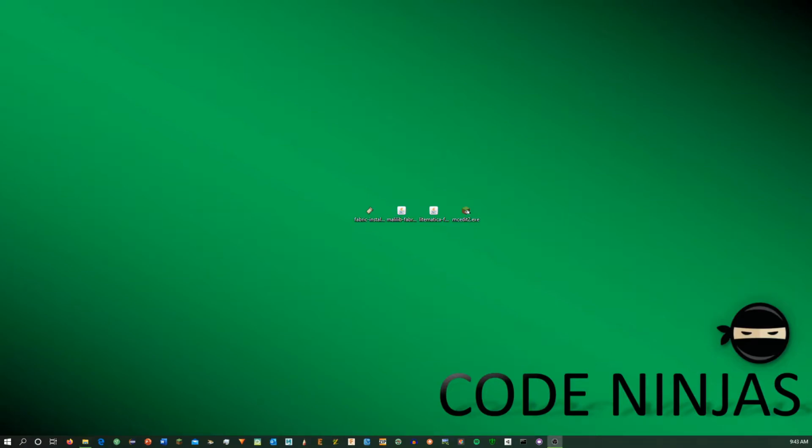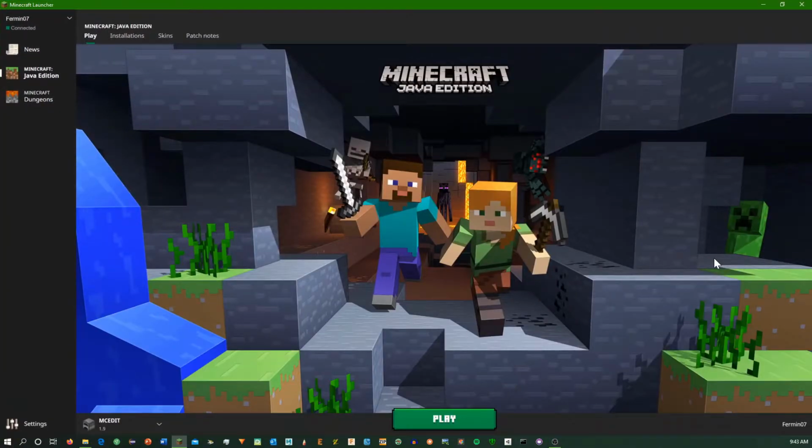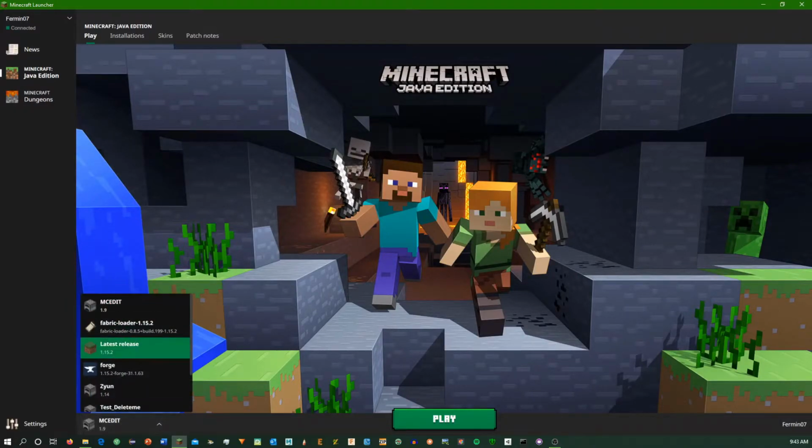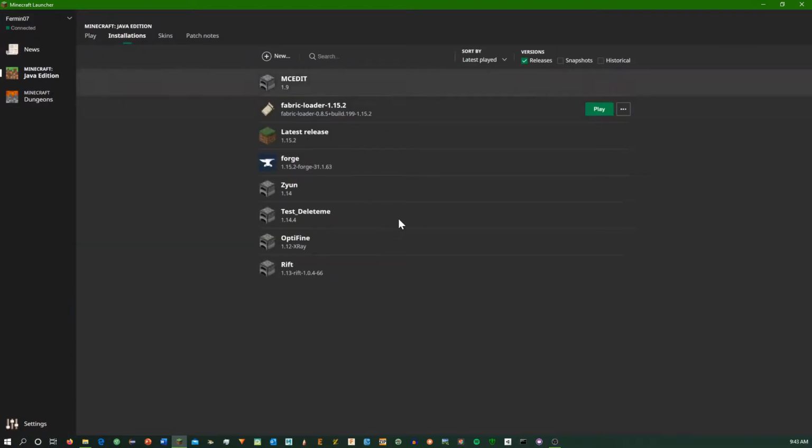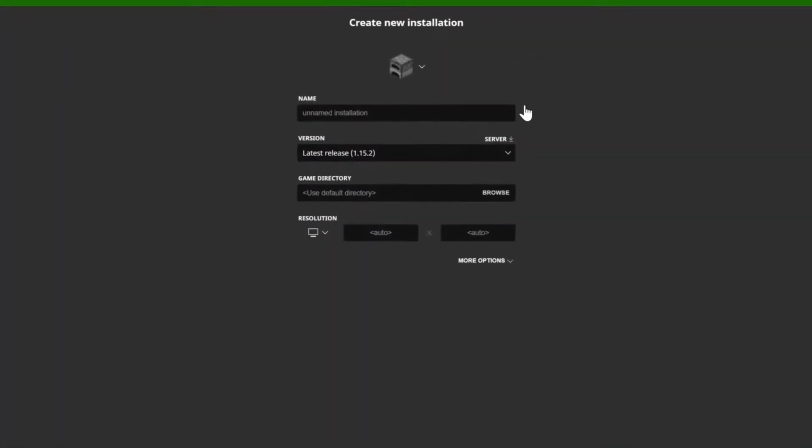Okay, let's get started. First off, we're going to go into Minecraft, and we are going to make a world in a version of Minecraft that McEdit can actually read. This is 1.9, or I believe it's up to 1.13, depending on which version of McEdit you downloaded and have. But to do this, we're going to go to Installations, and we're going to go to New, name it